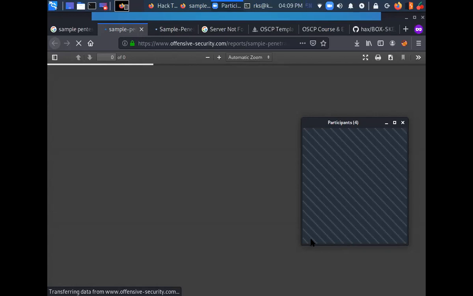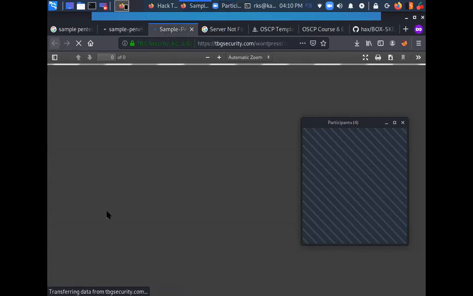So the good practice is whatever you are doing, just start documenting it side by side. Do not wait for your pen test to complete and then start documenting it. Okay. So here I'll be sharing some sample report templates as well for your reference.